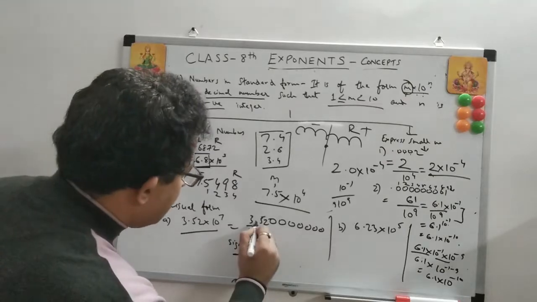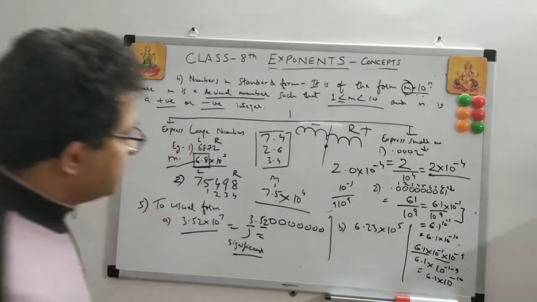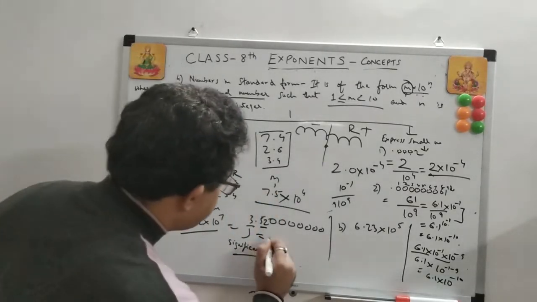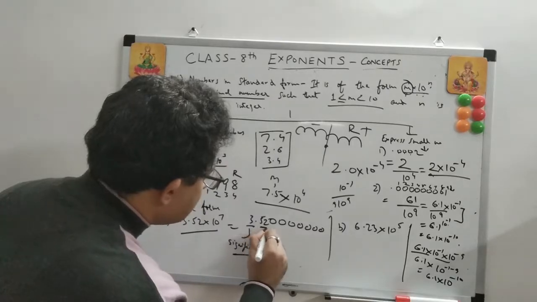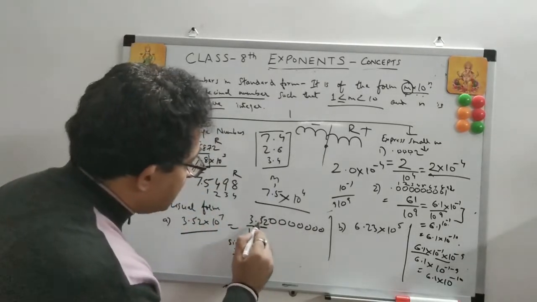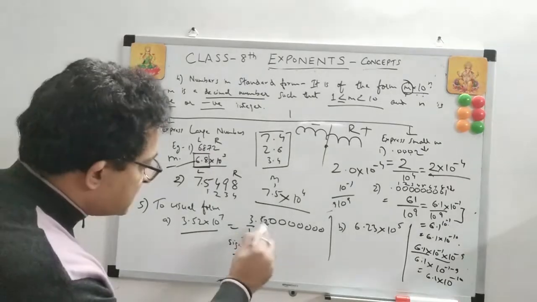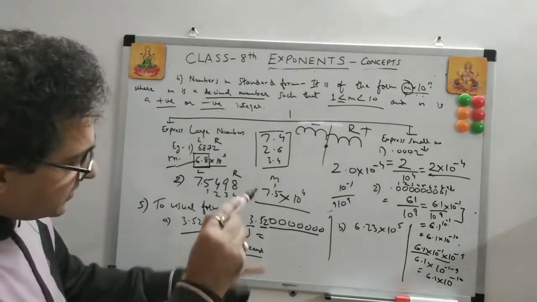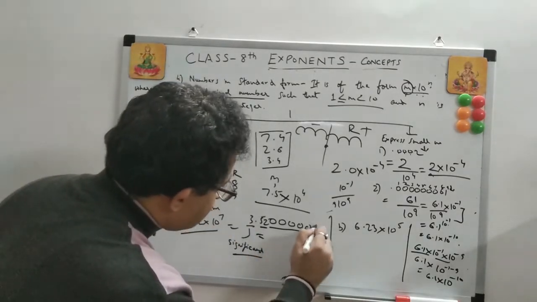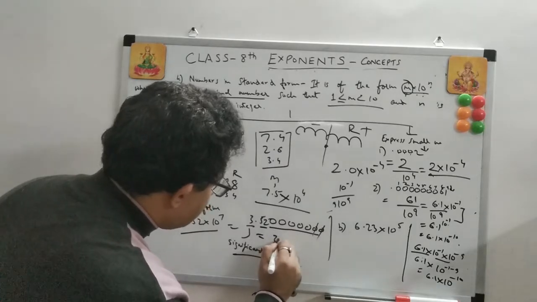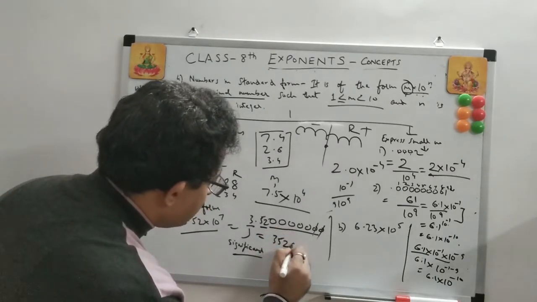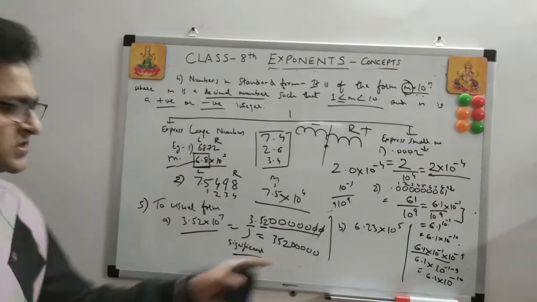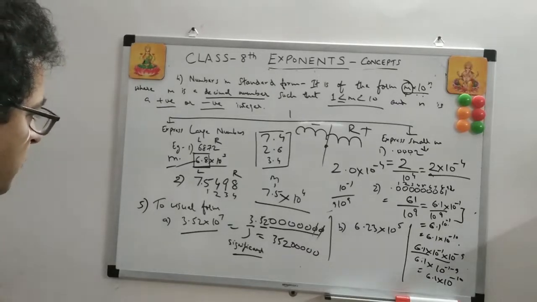Now what do you do? These are 2 digits. These digits cannot be there. So it has to be 3, 5. So count the number of digits before the trailing zeros, to the right of the decimal. 2 digits. So the 2 zeros will be cancelled. So it will be 3, 5, 2, 1, 2, 3, 4, 5. This is the answer. Whenever you have to convert from a standard form to a usual form, this is how you do it. Do you want to take another example?